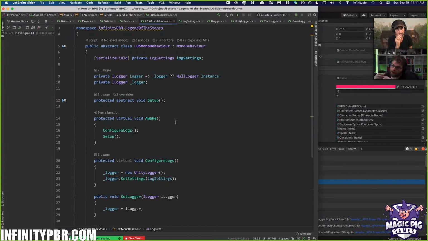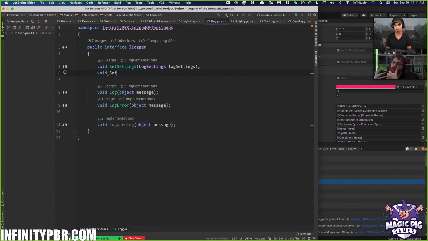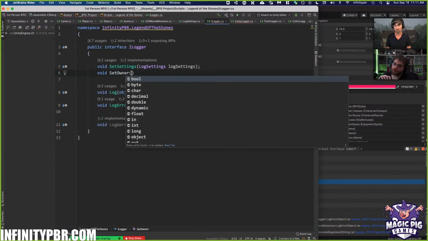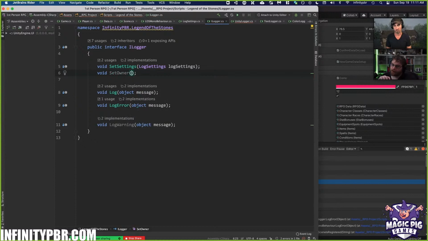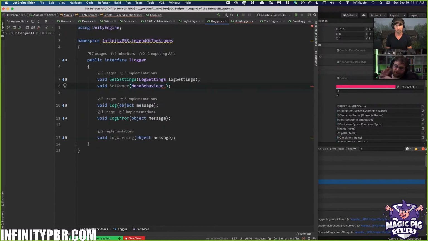So if you go to the iLogger, and if we make another, we have set settings. Let's make a second one called set owner, and it'll say, who am I logging for? And in this case, we'll pass in MonoBehaviour. It can be any kind of object, and we could probably change it to context later, but it's fine. So MonoBehaviour will do. And so now if we pop back over to our Unity logger,